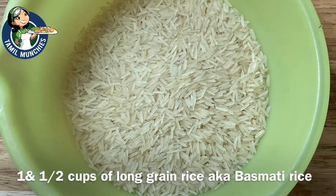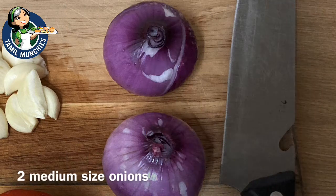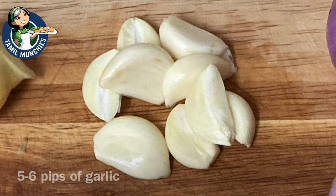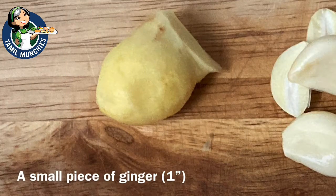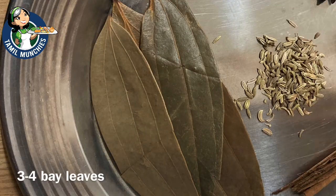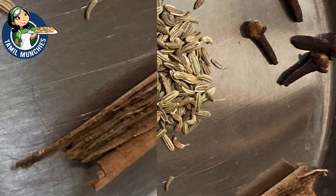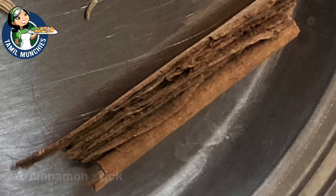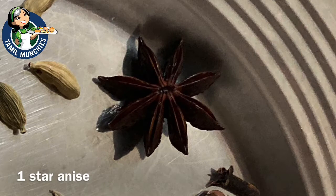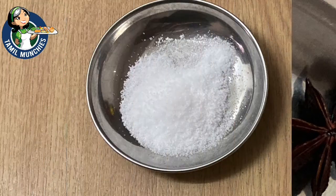What you need is 1.5 cup of basmati rice, 2 medium tomatoes, 2 medium onions, 5 to 6 pips of garlic, a piece of ginger, use about 1 inch. Now this is the basic aromatic spices for the biryani. 3 to 4 bay leaves, half a teaspoon of fennel seeds, a piece of cinnamon stick, 4 to 5 cloves, a piece of star anise, 4 cardamom pods, some salt,